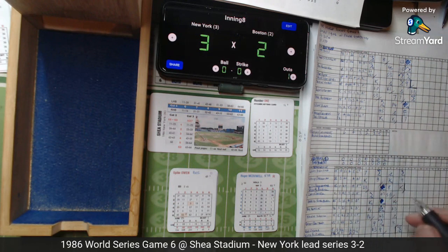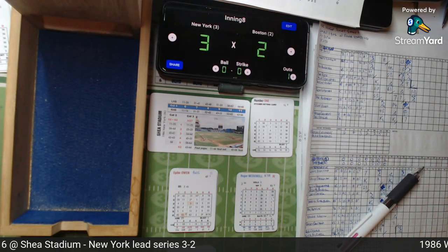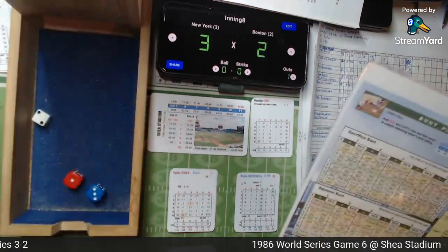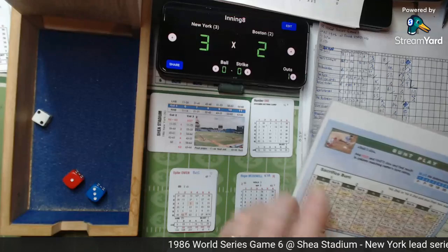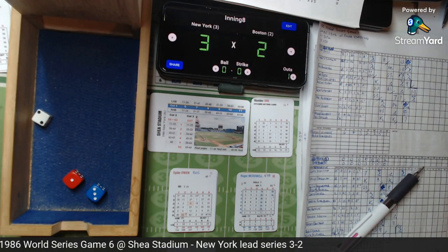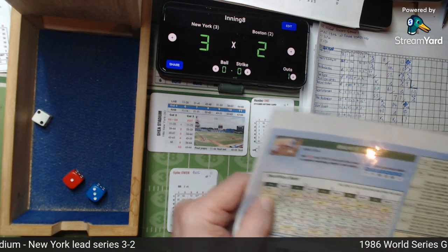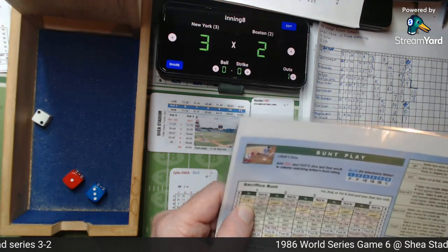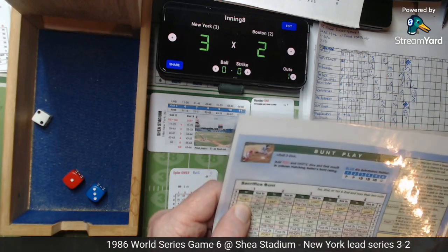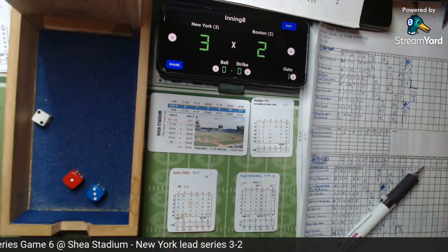Infield is halfway. Spike Owen is going to bunt him. So Spike Owen is going to bunt. Infield is in, and it's a 3, and he is a 1, I believe, Spike Owen, isn't he? Yep. So a 3 and a 1, FC/E. Fields ball quickly, but bobbles. Roll against the fielder's error. And the fielder is the first baseman,